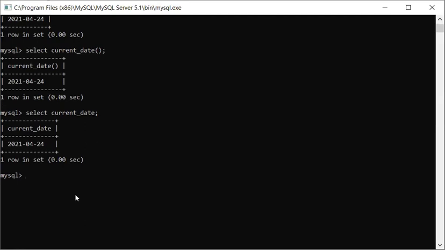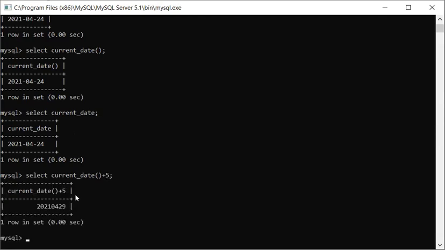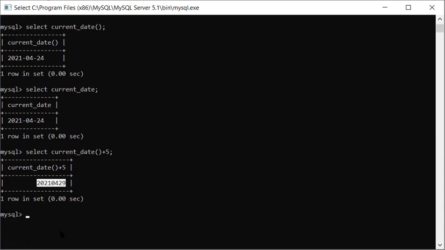Now in this one extra piece of information is there. Suppose I'm using any function and in that I want to add some values. For example, in today's date, I want to add 5. So you can see I'm getting a proper answer. This 25 is converted into 29, but now this is not in the date format. So you'll be getting the answer, but it will not be in the proper format. That is the first thing.